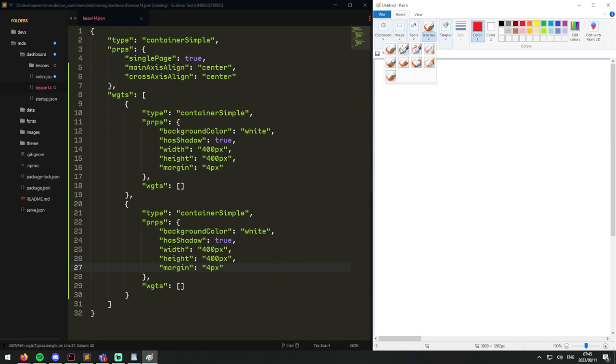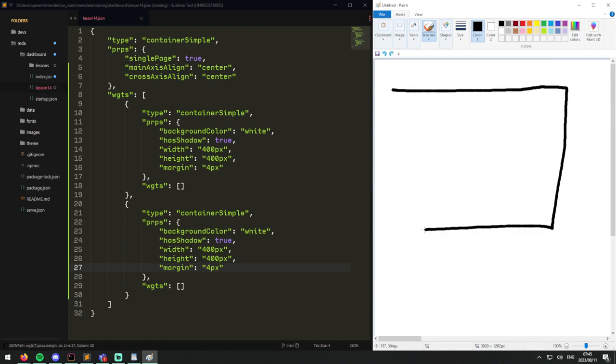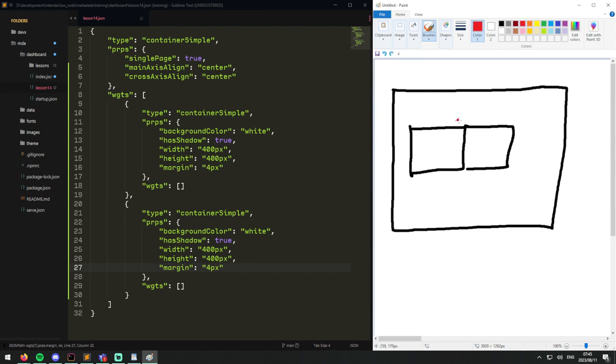To explain that, I'll illustrate it with a drawing. So if we have a dashboard, let me try and make this a little bit more square. If we have a dashboard like this with two components on top of one another, first we have the issue that we need the 4 pixels, so we give each one 4 pixels margin to make sure that you can see their shadows. But then another problem comes in if you want a bigger gap between the two components. So if you want, let's say, medium padding between these two,